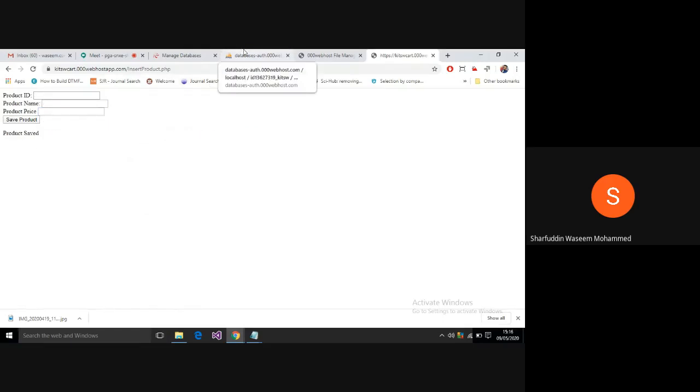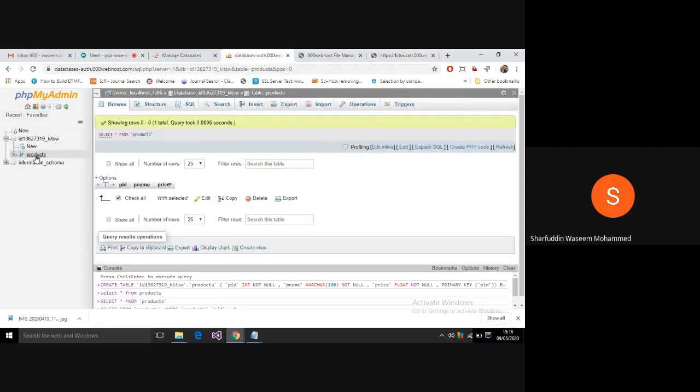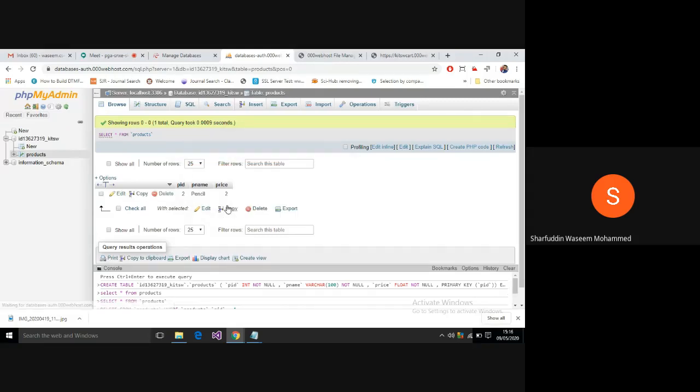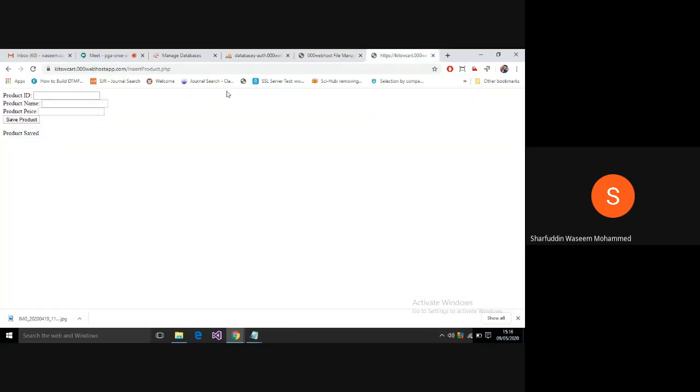Okay, so now go to the database. Click on the product table. Then you can observe a product with product ID 2, pencil, and price 2 has been inserted now. Earlier, why did it get an integrity constraint? Because prior to me, someone from among you entered that value. That is the reason it was given the value 10. I was trying to insert 5.5, but someone had already entered it.